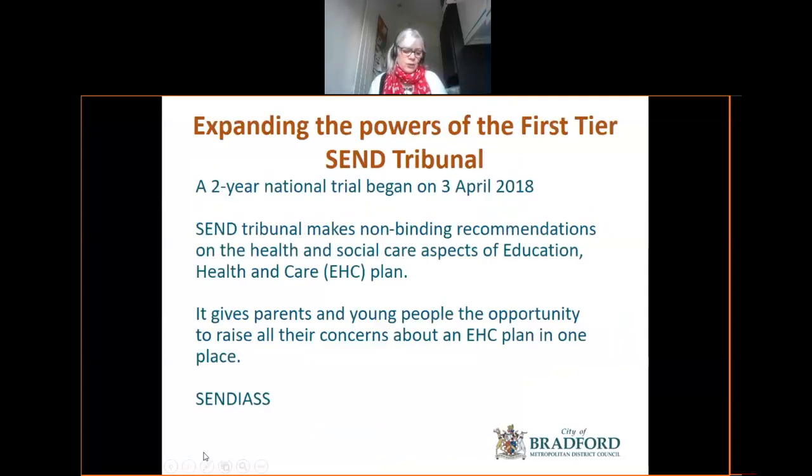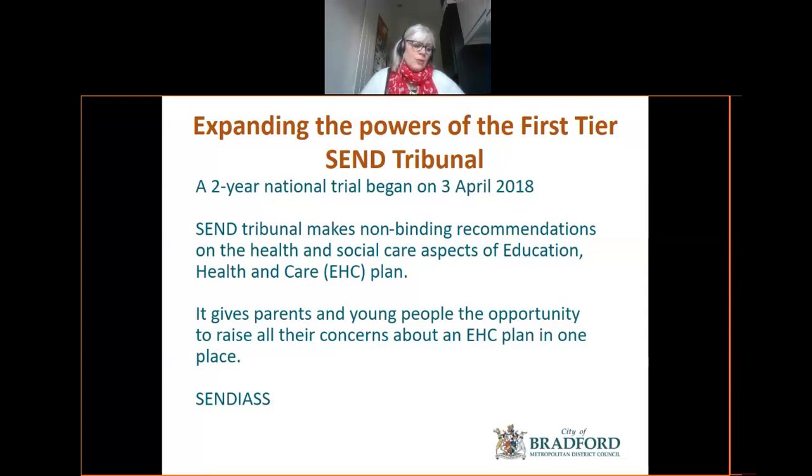As we move on towards the conclusion of the presentation, I feel it's important just to say one or two words about the Special Educational Needs and Disability Tribunal process. Usually, parents and carers seek redress through a tribunal when there is concern about aspects of an education, health and care plan. This might often relate to the description of needs and the provision.